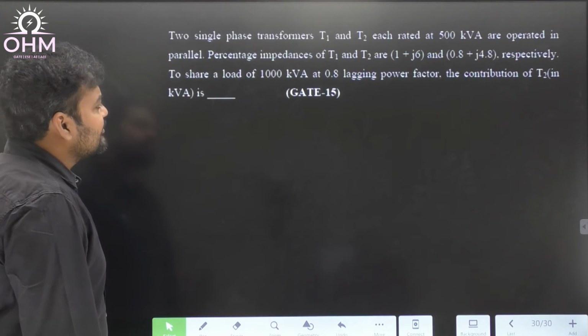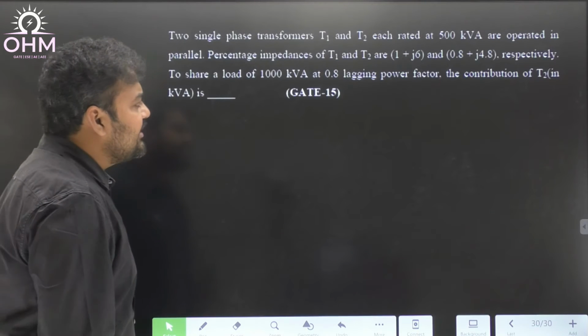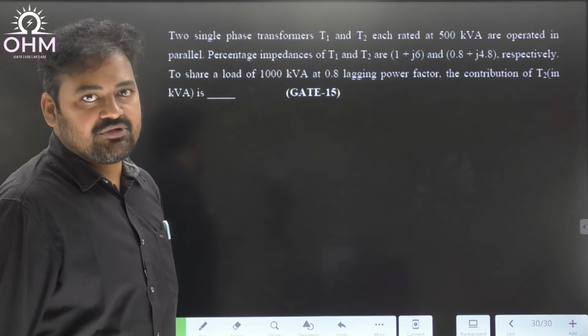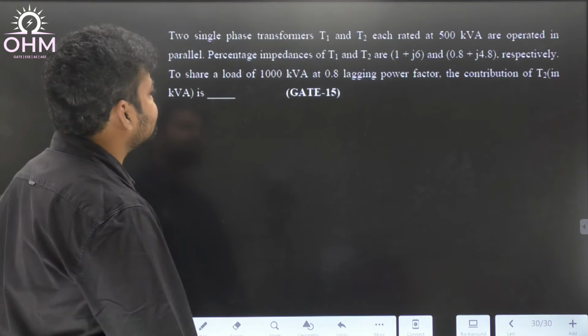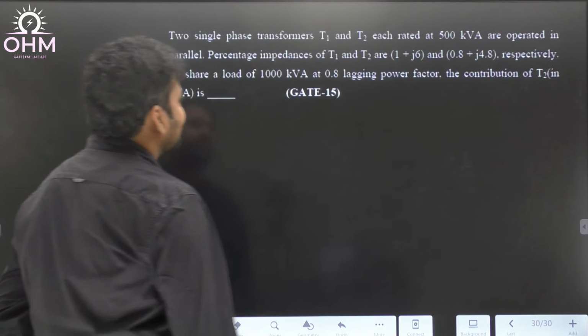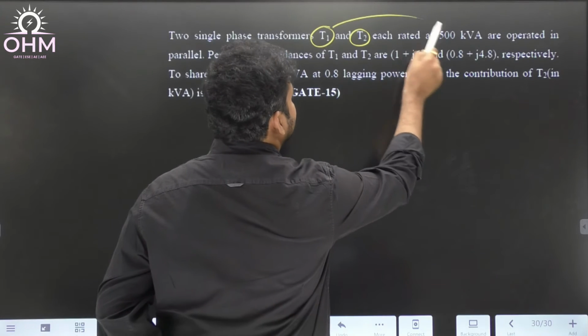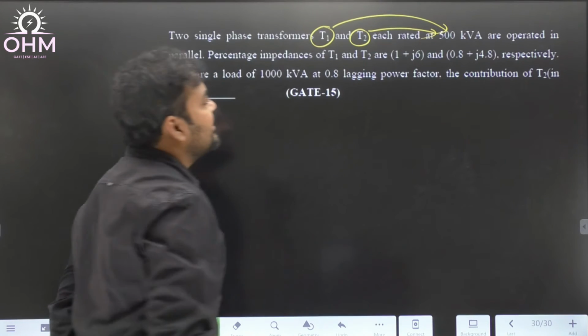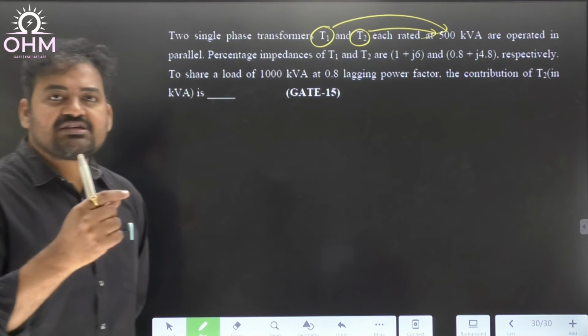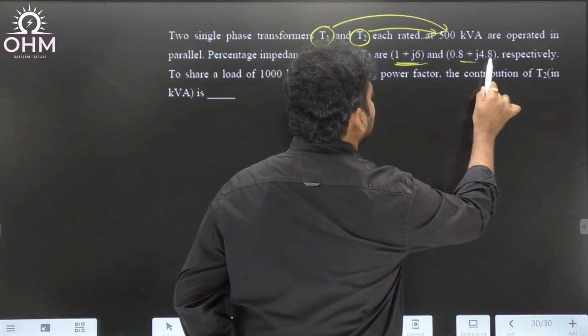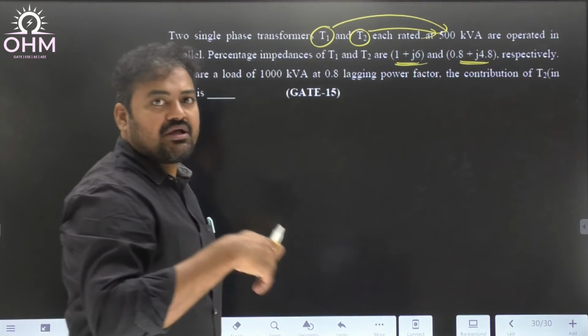To share a load of 1000 kVA at 0.8 lagging power factor, the contribution of transformer 2 is the answer we need. First of all, you need to understand both transformers are equally rated. What is the rating of each transformer? 500 kVA. As both transformers are equally rated, no need to convert these per unit impedances into a common base